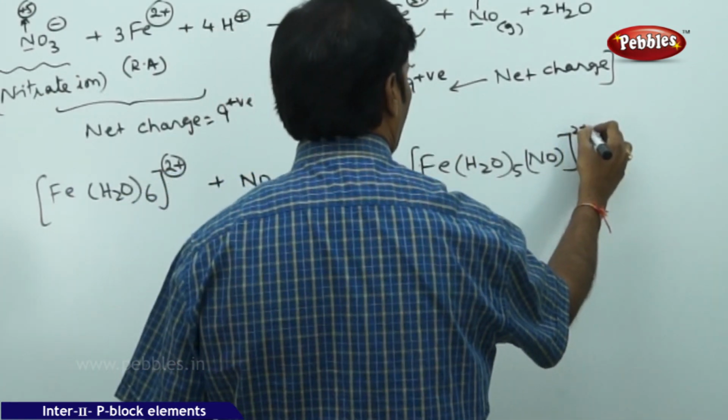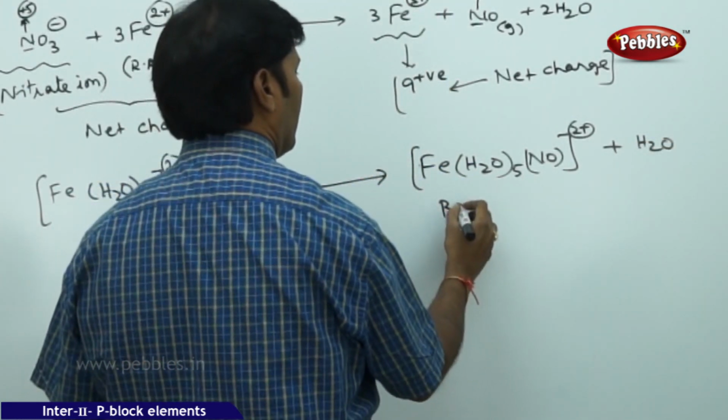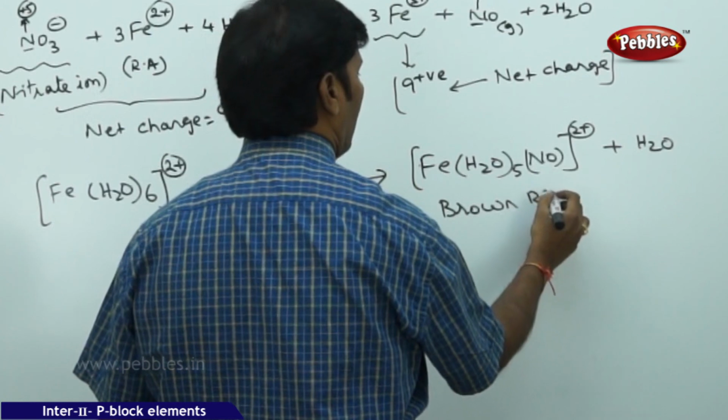The net charge remains as it is and it forms water. So this is going to become the brown ring complex